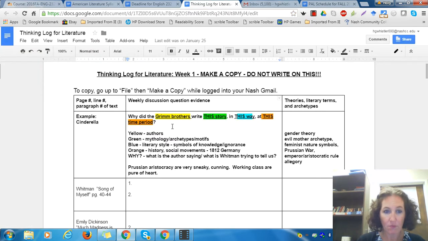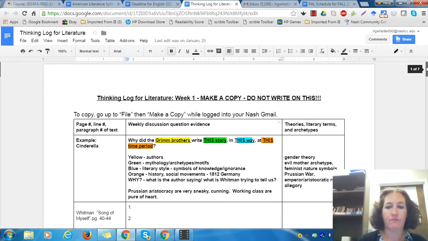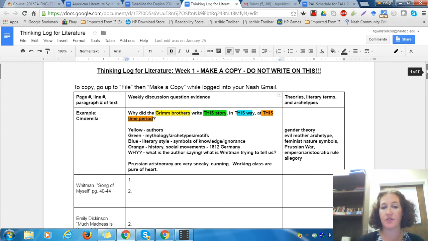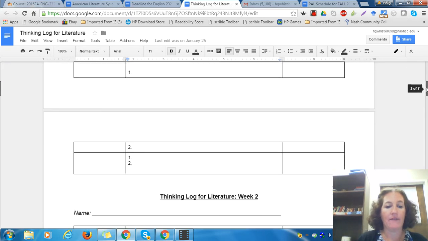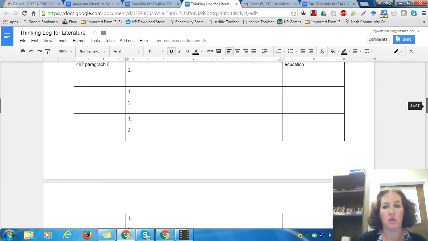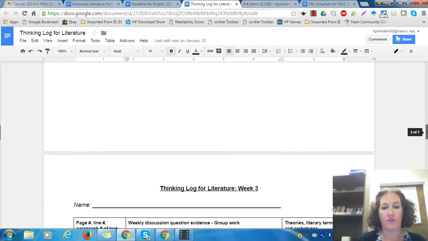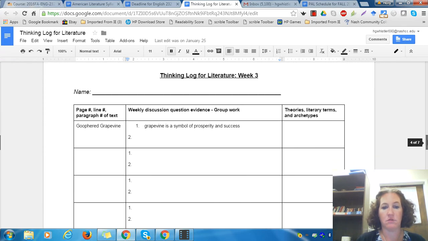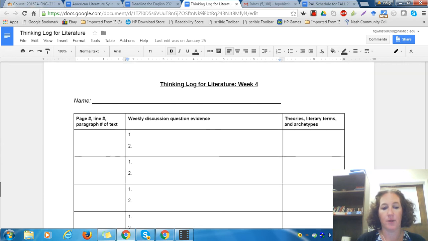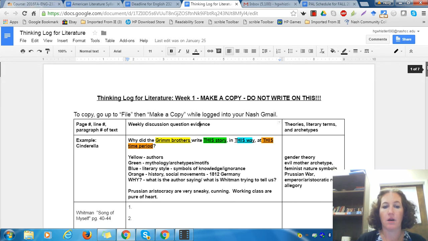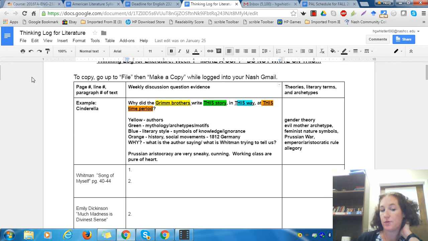Now, this assignment here, there are text directions for this assignment that you can read if you like. So I gave you the first couple. For week 1 and week 2, I gave you a few examples that you can use to help you. The example I used was Cinderella. So if you're reading Cinderella for class,